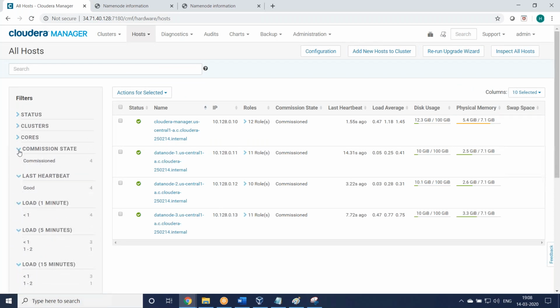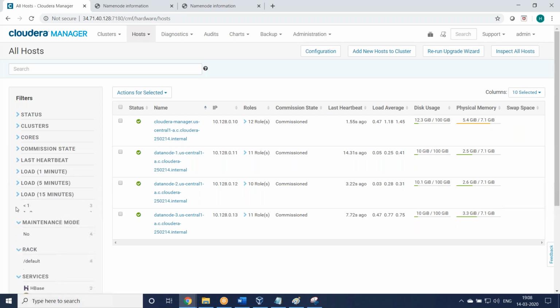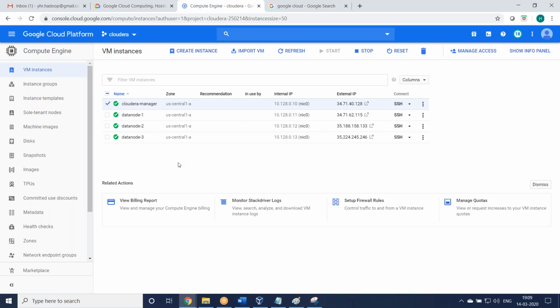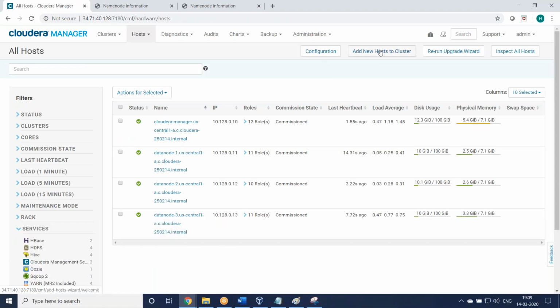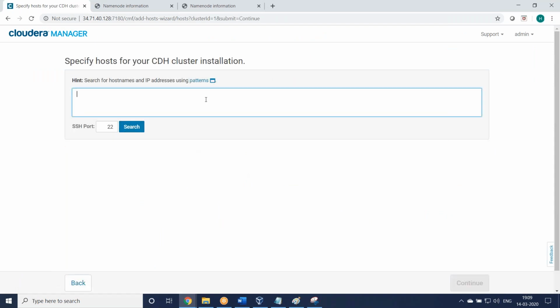Right? Okay, so now if you want to add a new server to this cluster, for example, if you launch one more server in Google Cloud, create instances, after you started and added it, where to add? You can see add new host to cluster. So here it will show some options. We'll go here. We have to add the IP address, right? Before that, you have to ready the new server.